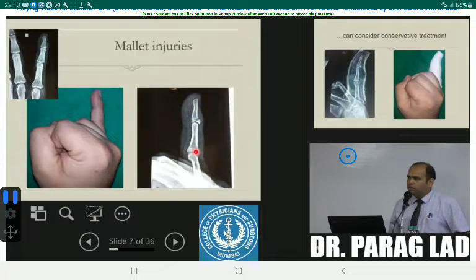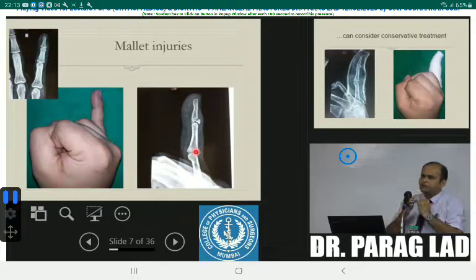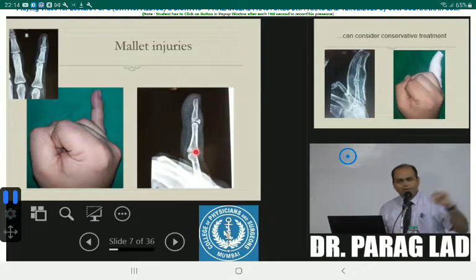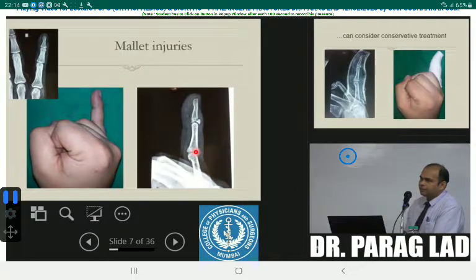Now in the finger, for fractures around the joint, if I ask the patient to flex the DIP joint, there is a flexor tendon which is attached on the base of the distal phalanx. And if you ask the patient to extend the finger, there is an extensor tendon attached. So usually such fractures are avulsion fractures. But the indication to treat this fracture operatively is if the joint is subluxated. Here, is the joint subluxated? No. So we don't need operative treatment. Second indication, is the displacement more than 2 millimeters?